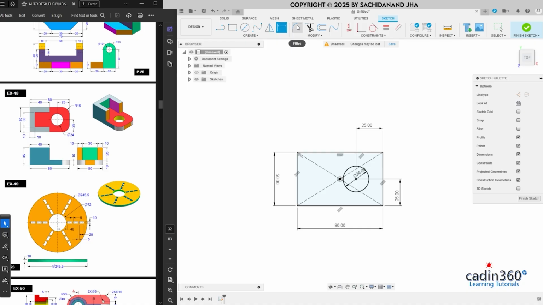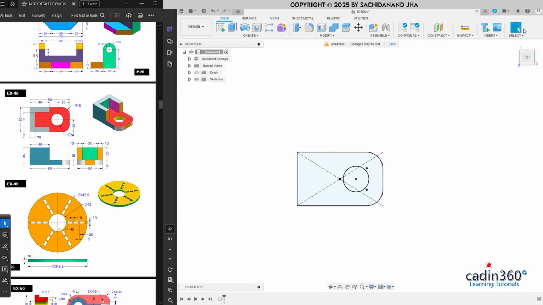So simply use the fillet tool, select these two lines, then specify the fillet value 15. Similarly, use fillet and specify value 15. So we have here our base profile. Okay. Now finish sketch and then